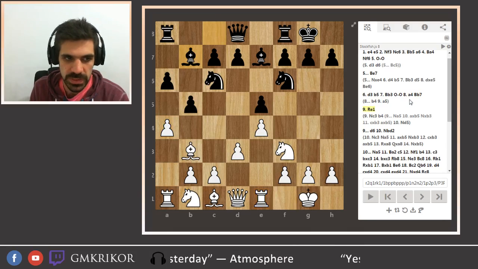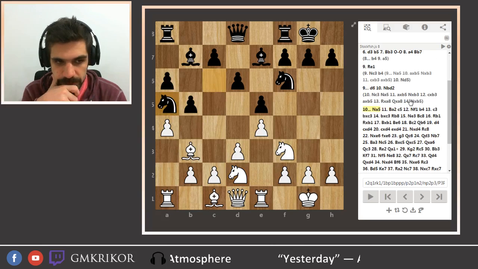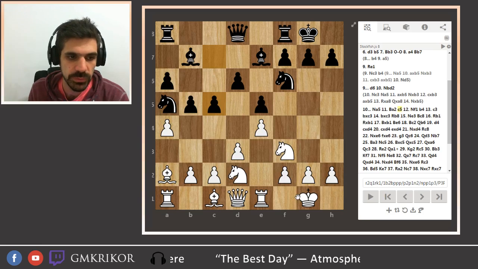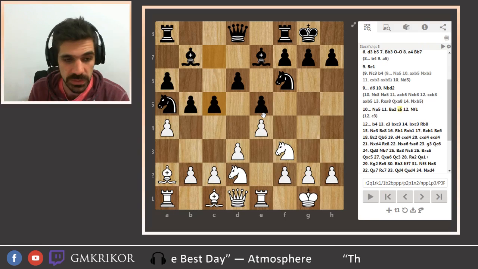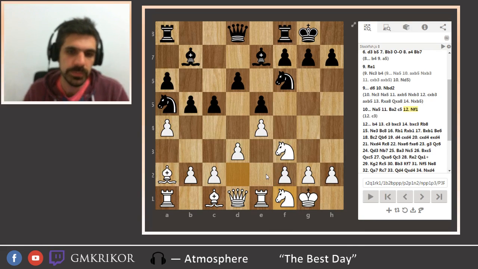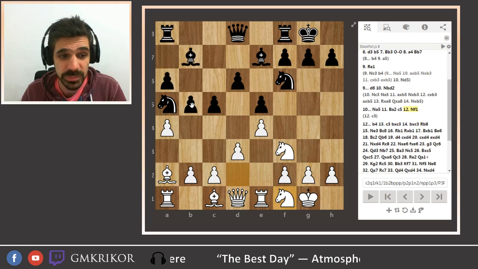But okay, bishop b7, that was a different variation. Now knight a5 happened. Bishop a2, c5, and now knight f1. Now it's possible to play c3 first. I don't remember exactly the differences, but that was what I chose. So knight f1. And here I checked after the game, and actually I had played this game before,